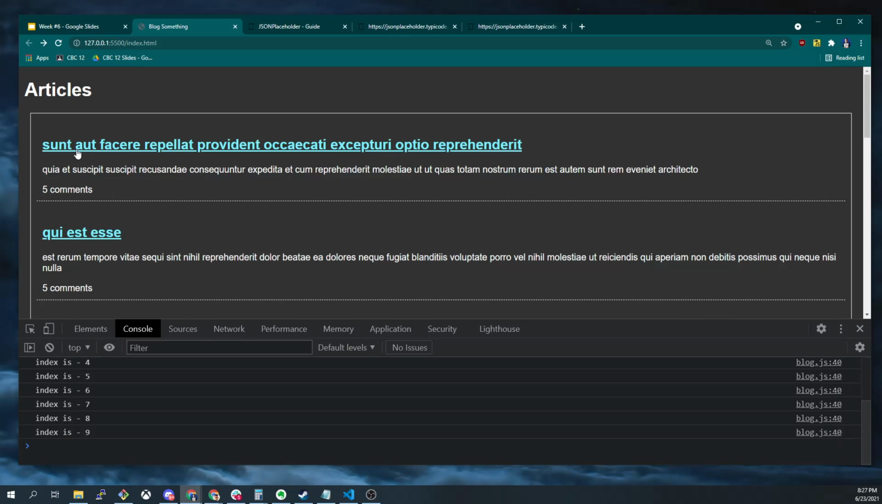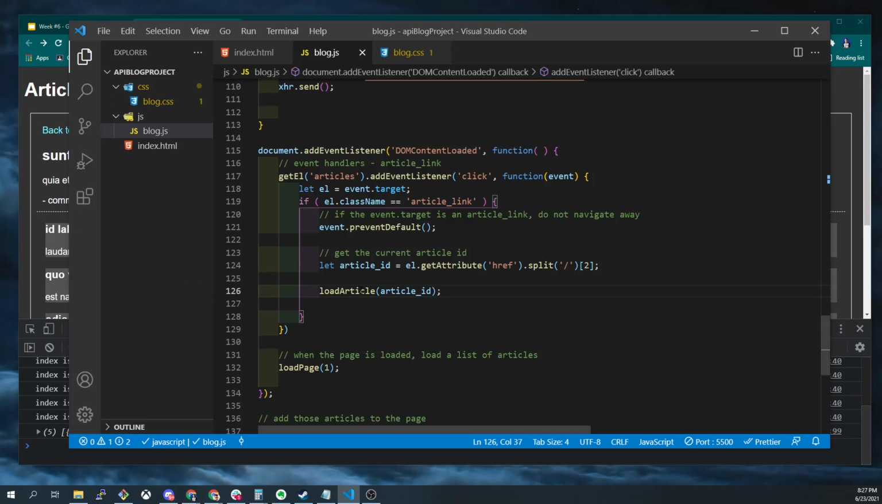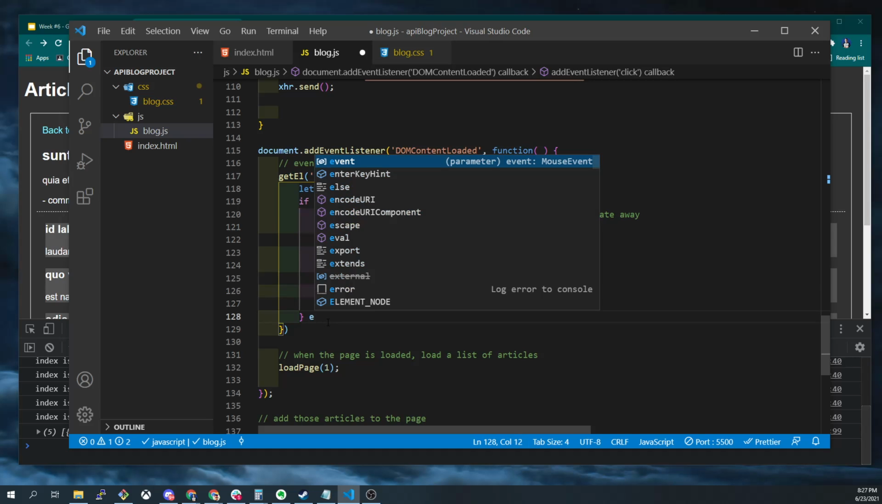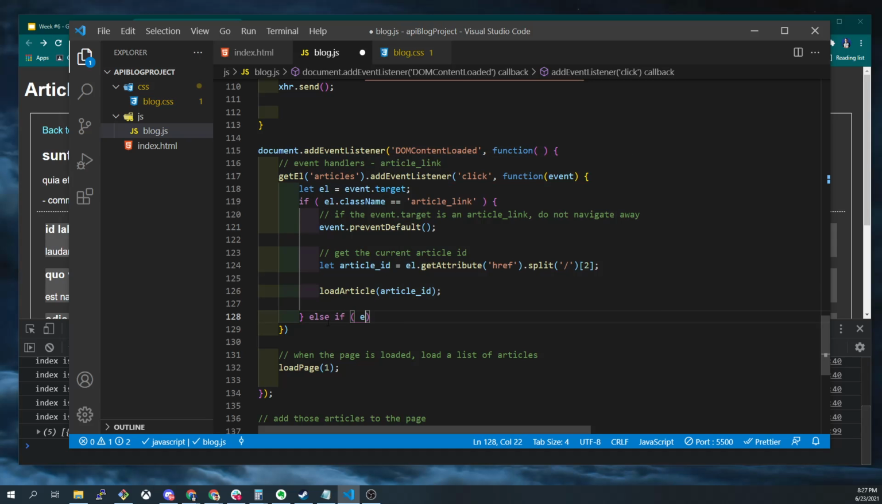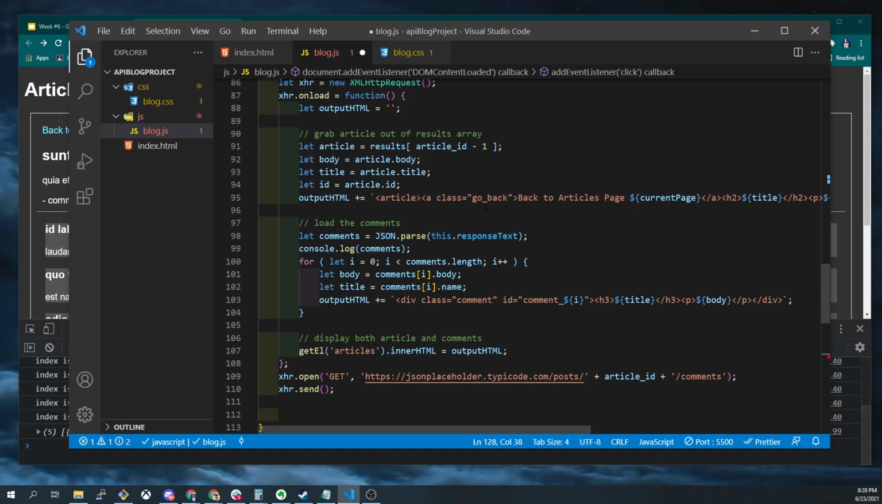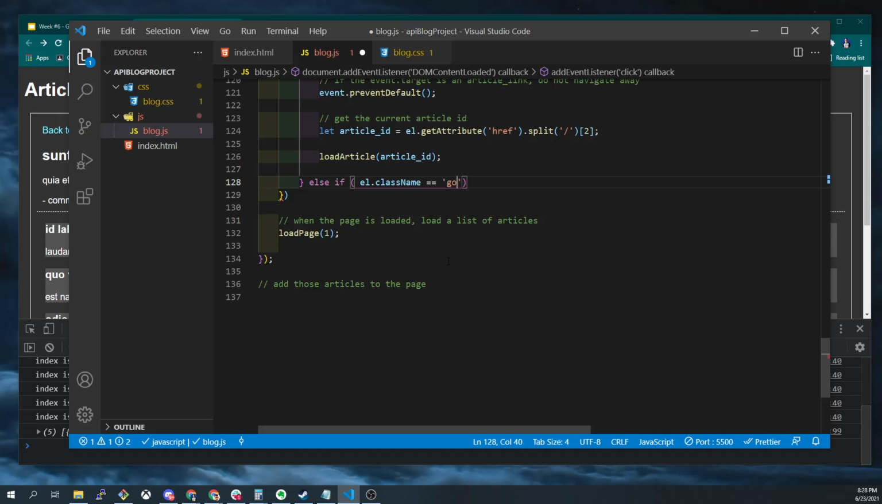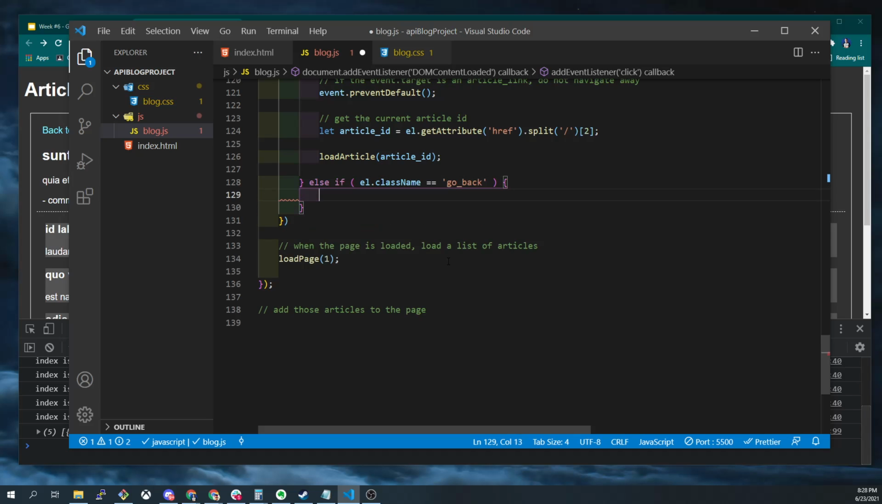Okay, so now everything still works. But then we want to say else if el.className equals, what do we call it, back? Go back. We don't even have to call a special function because we already have that one written. We can do load page, and then we say,